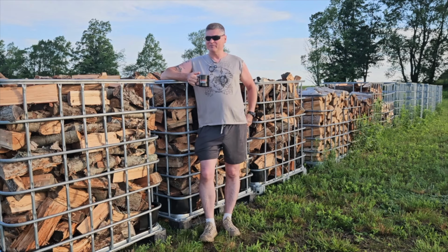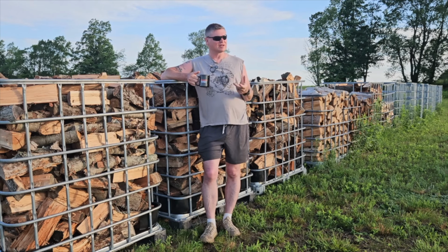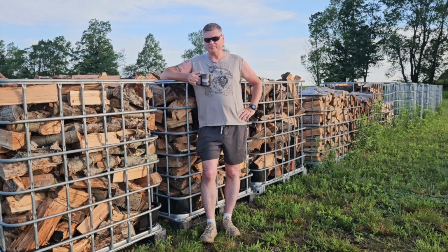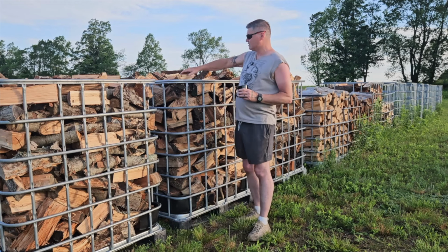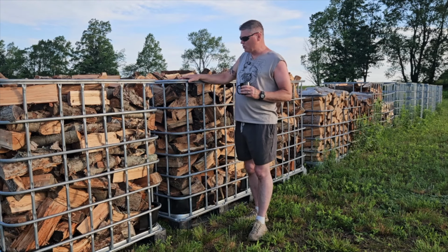So anyways, yesterday I just kept on going because I got a new toy, and I'm glad I did, because I could very reasonably make an entire cord in one day. Now's the time that I need to have my firewood created so that it can sit up here and start really drying out, because we've been getting a lot of heat, a lot of wind, and this one right here, this setup, this tote, this wood,